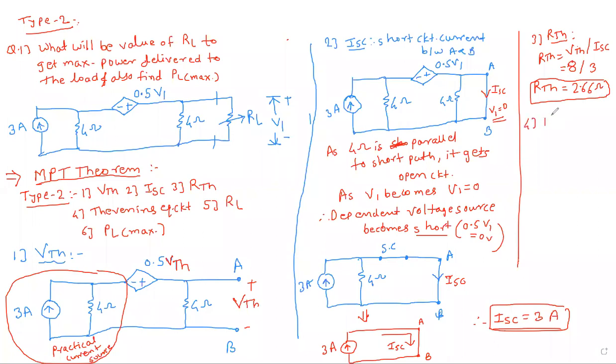Now there is no difficulty in drawing Thevenin's equivalent. So Thevenin's equivalent circuit you can easily draw and you can calculate the further things simply. If you have come up to here, there is no difficulty. Plus minus VTH. This is RTH. This is A. This is B. And variable load resistor you can connect as RL. So VTH is 8 volt, you can mention. RTH is 2.66. So RL you can calculate now. RL must be equal to RTH for maximum power transfer.